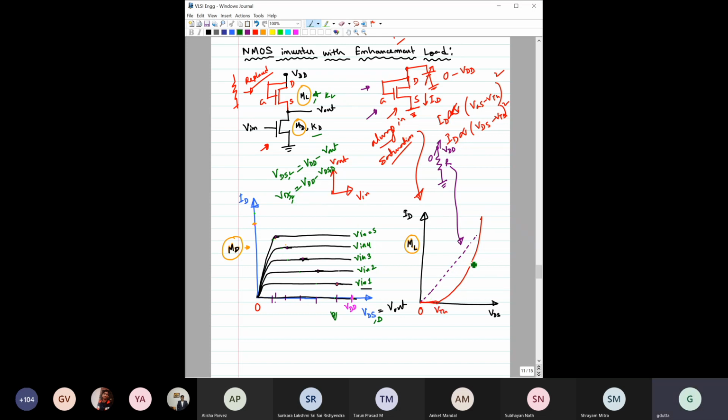So this is the characteristics, basically VDS load. If we have to translate this axis on top of this axis, what do we have to do? We first have to make an inverse and subtract it from VDD. So this basically got flipped. You have to flip it and then plot it from this side to this side. Again, till VTH there will be no current. After that there will be